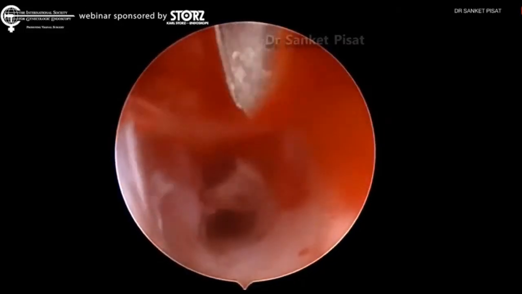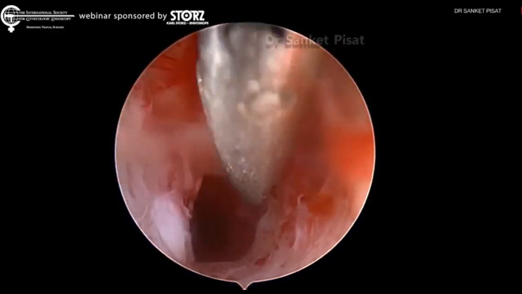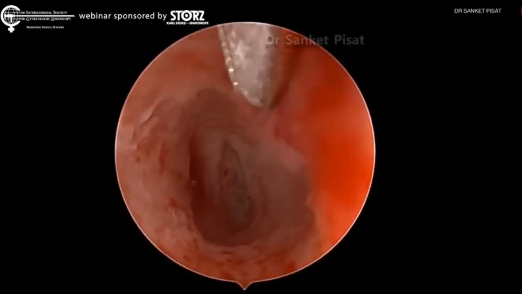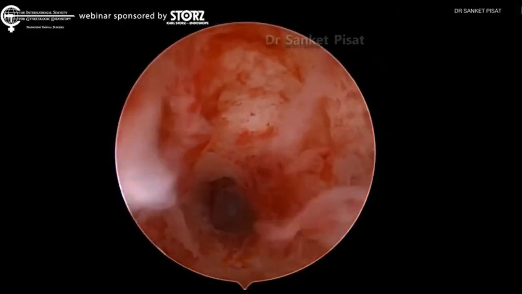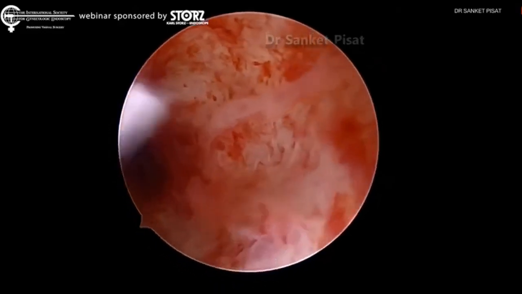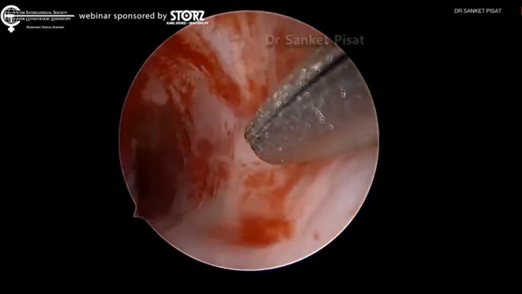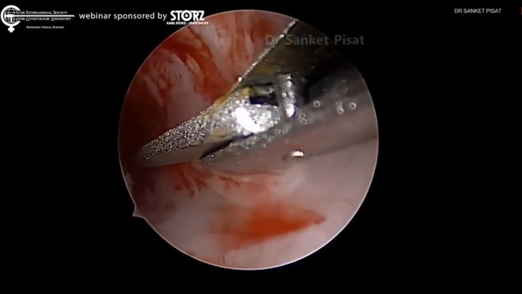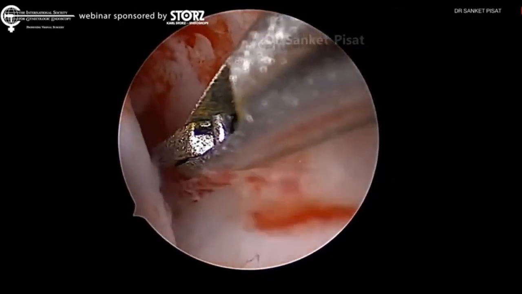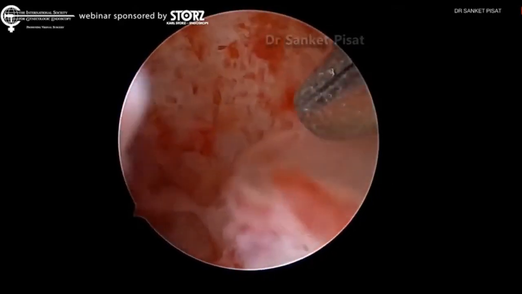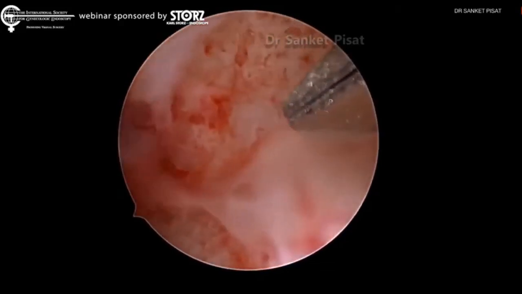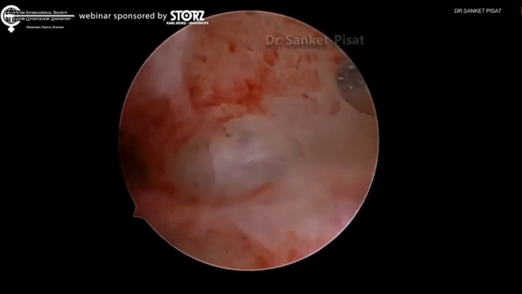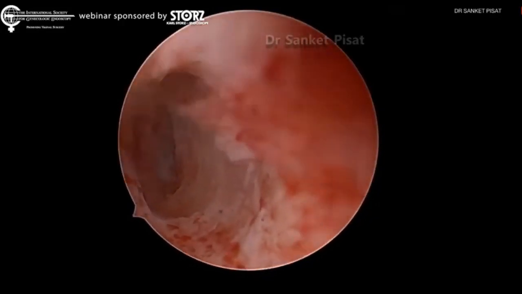A hysteroscopic scissor is being used at this stage just to dislodge the blood clots and move inside with more clarity. Now, as we go inside, this end of the cavity is what we would assume to be the fundus, and we will have to start the surgery. Because no definite landmarks are seen, we will try to remain in the center of the cavity and perform the adhesiolysis. So one side of the uterine wall is now being cut, staying equidistant between the anterior and posterior walls.